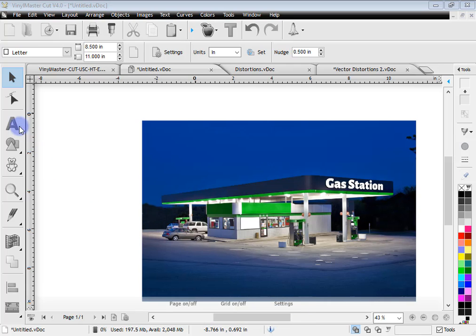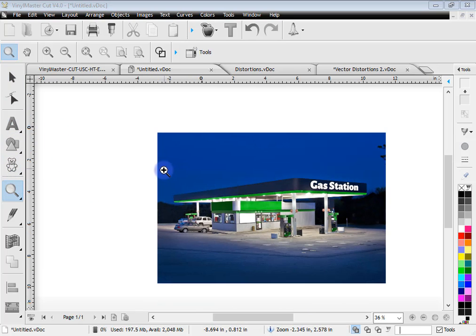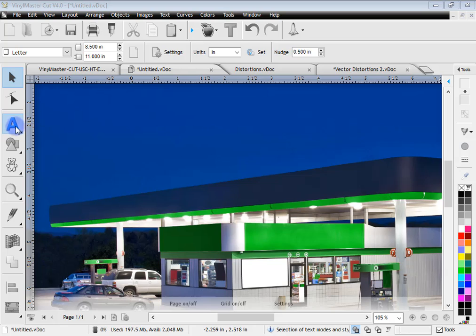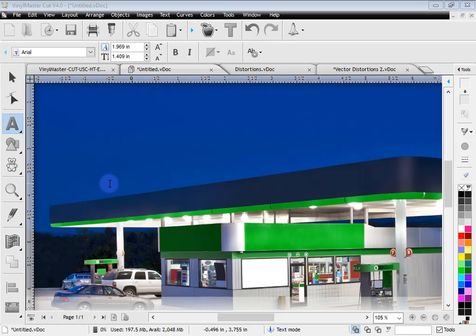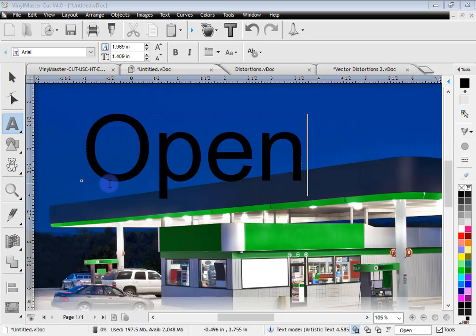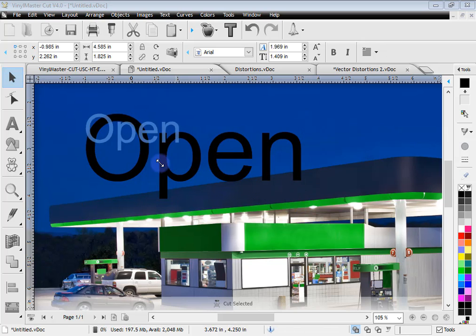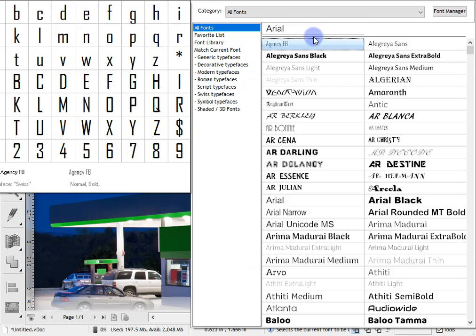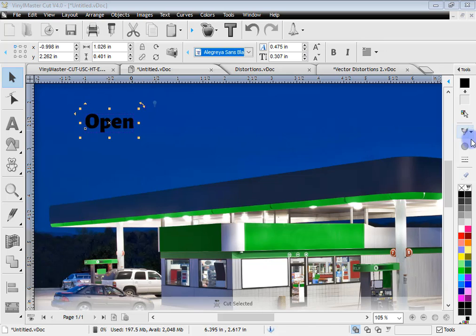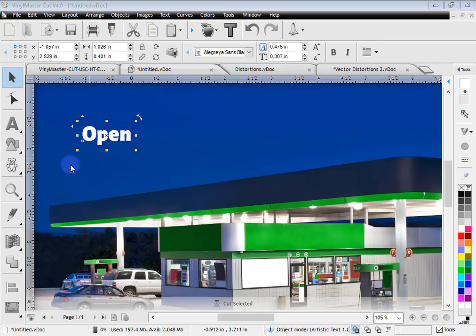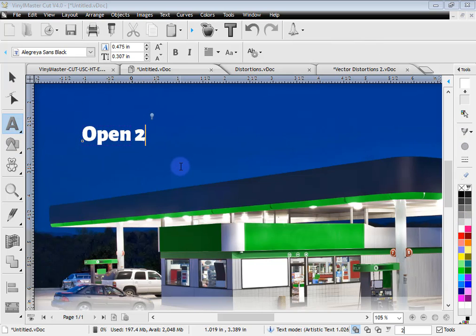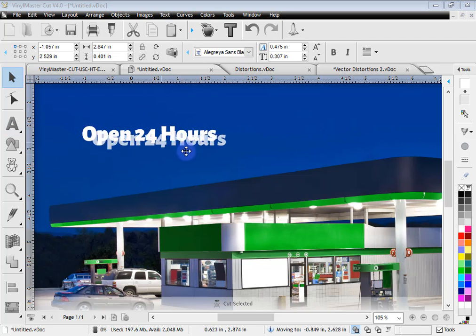And I'll just show you again how I did that on this side here. We'll zoom back in, and on this side we may say something like "open". I'll make that a little bit smaller, and in fact I'll make it the right font. What we're using this one here, and I'll make that white. An example would be "open 24 hours", which is a fairly typical thing for a gas station on the side